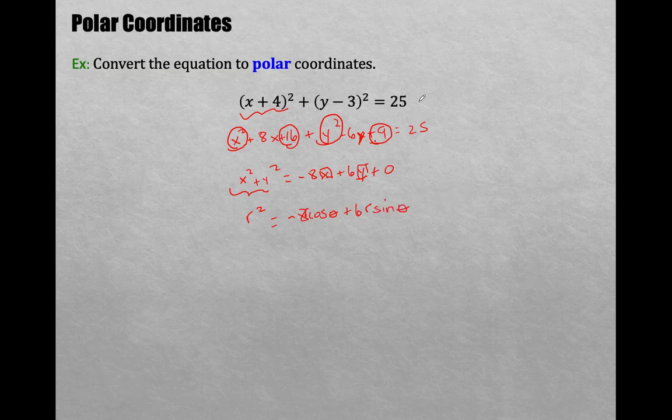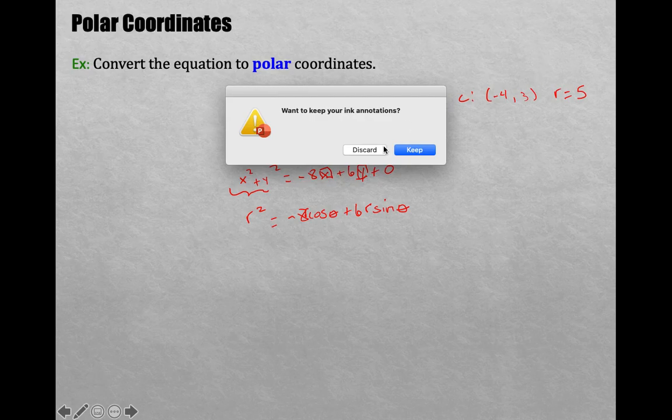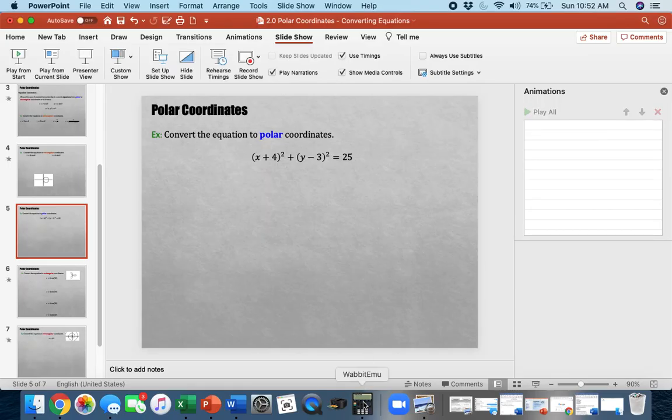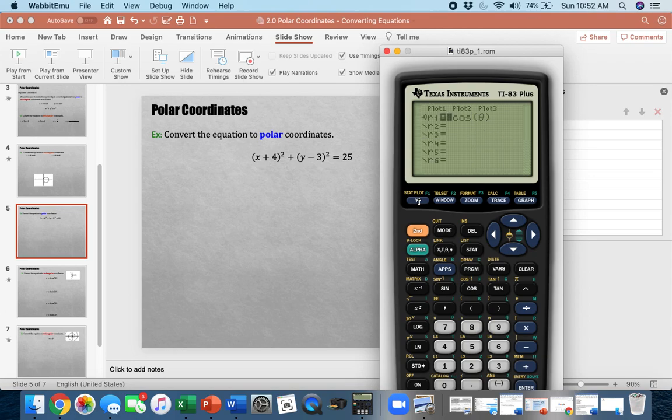Done and done. Now, from AAF, you know this is a circle, right? Because there's no xy term, and the coefficients of x squared and y squared are the same. So it's a circle with a center what? And a radius of what? When I go to my calculator and I plug in